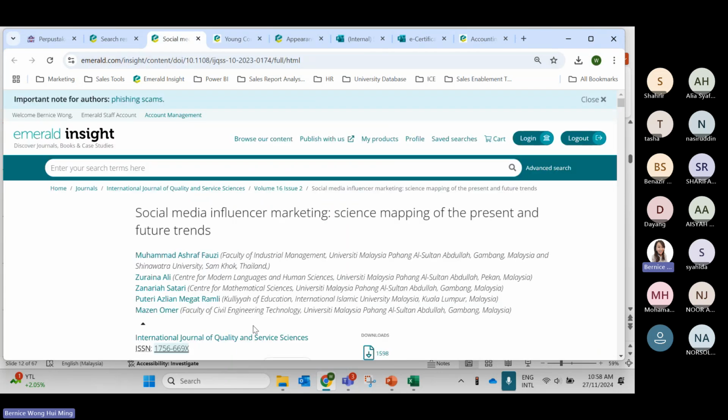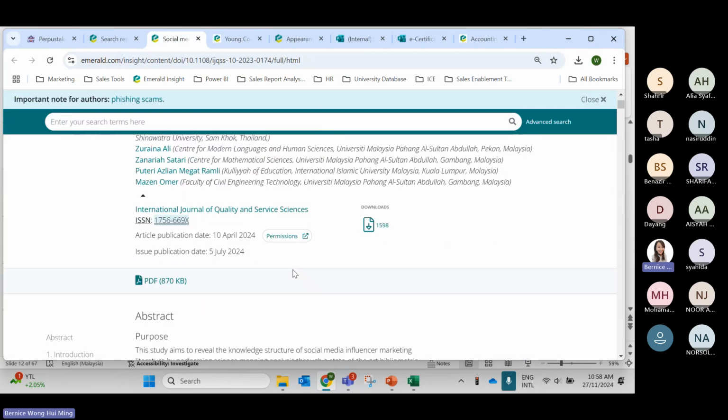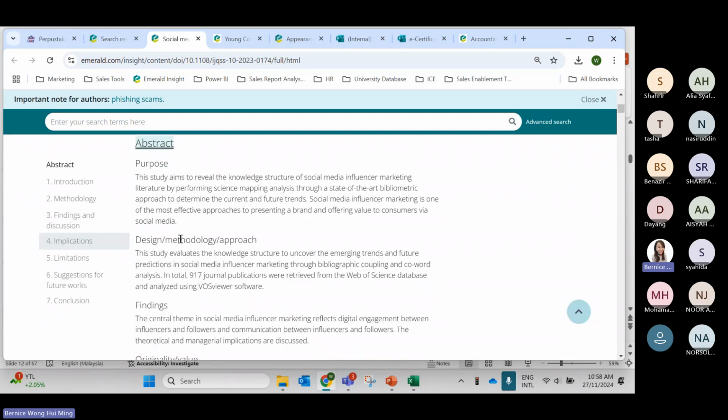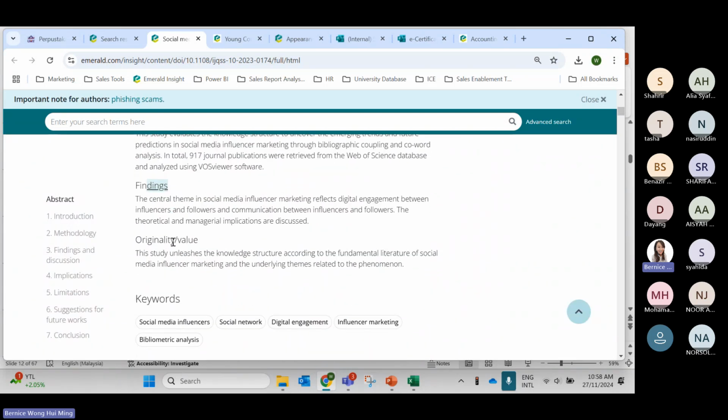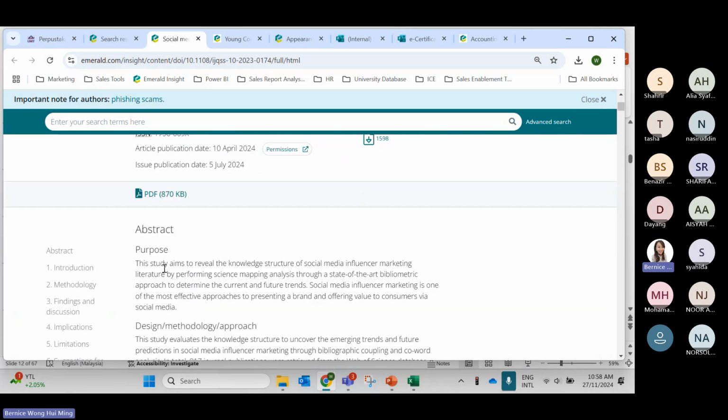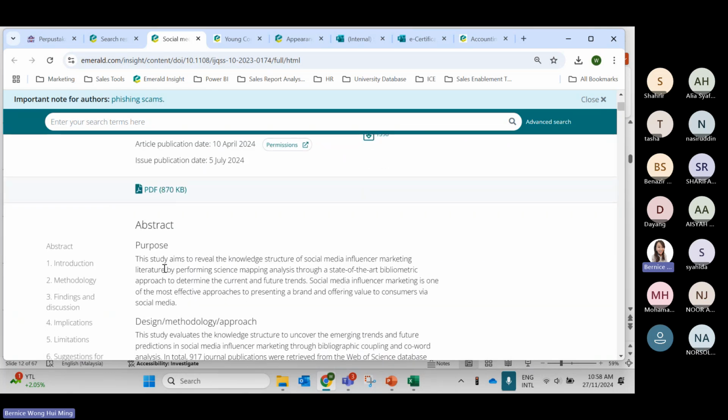But when you read Emerald articles, you will see our abstract is always the same: purpose, design, findings, originality. Even with our books, in some cases, you will see the standard structured abstract.